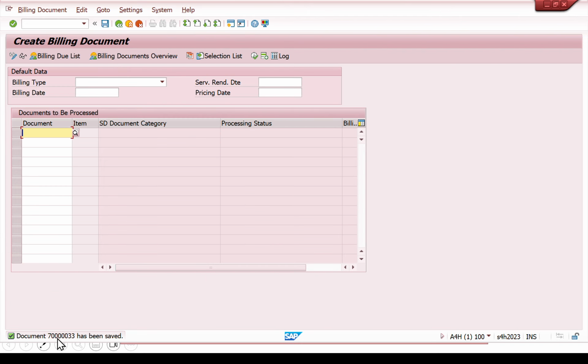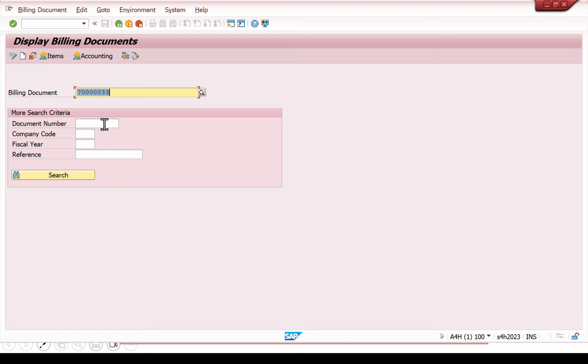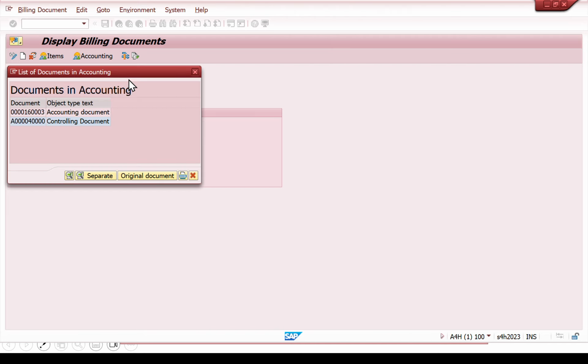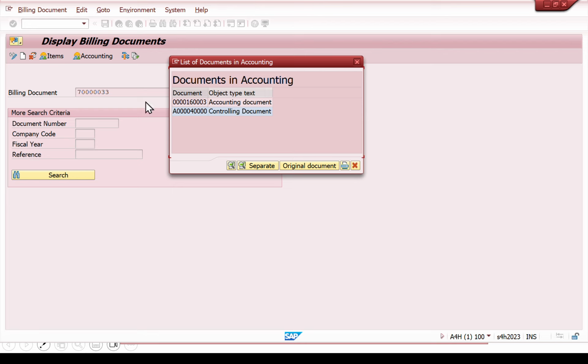Okay, document 7 all zeros 333 has been saved. Let me show you this document, this one only, right? So this is the billing document. So what could be the accounting document? See, for this billing document 7 all zeros 33, the account document 16 all zeros 3 has been created. But the client wants this billing document number and this account document number to be the same,